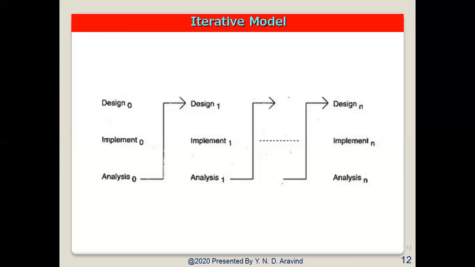Here in this particular iterative model, the key objective is the development and delivery of a high quality system at a relatively low investment cost. So whenever we want to develop quickly and deliver a high quality product at relatively low investment cost, we need to go for the iterative models. It attempts to reduce the inherent project risk by breaking the project into smaller segments and providing more ease of changing during the development process.